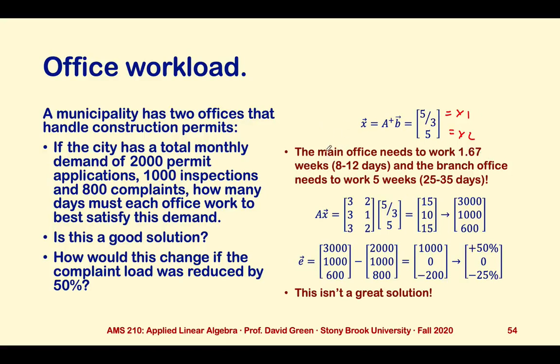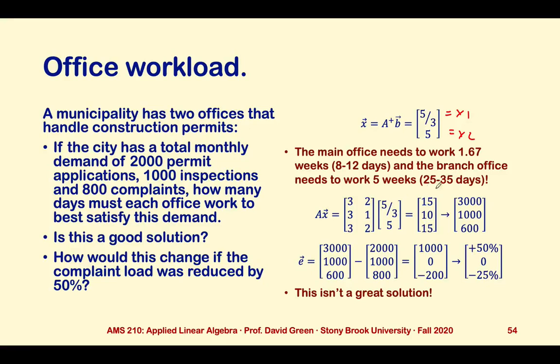So depending on whether we count this as a 5-day work week or a 7-day week, which wasn't specified in the problem, somewhere between 8 and 12 days overall. The branch office needs to work 5 weeks, again depending on how we count these, somewhere between 25 and 35